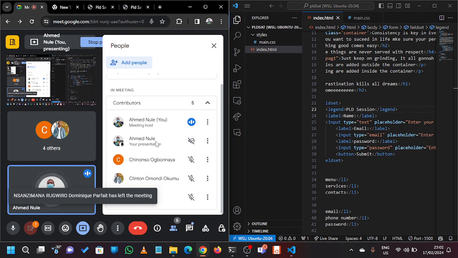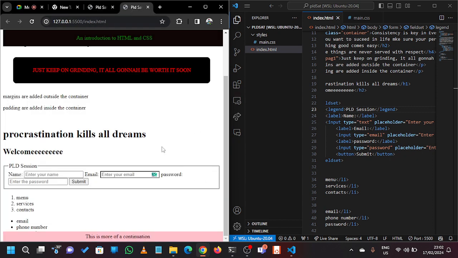Maybe Clinton. Okay, sure, Clinton, can you help us with that? We want the name starting, then the email following, and then lastly the password. How can that be possible? We can use the div, but in this case we don't want to use the div. We just want an easier method. So how can we do it? We can use the